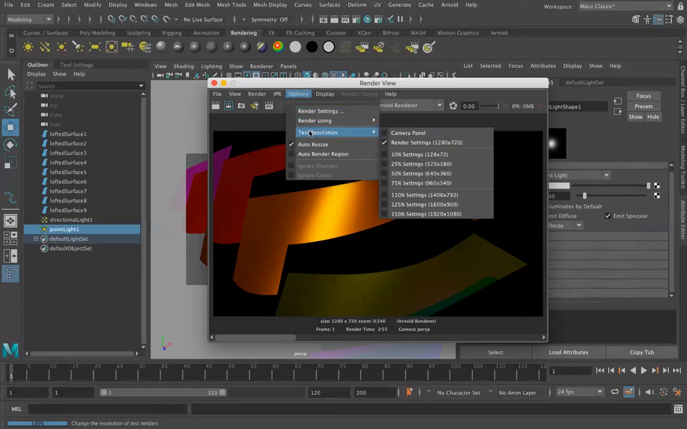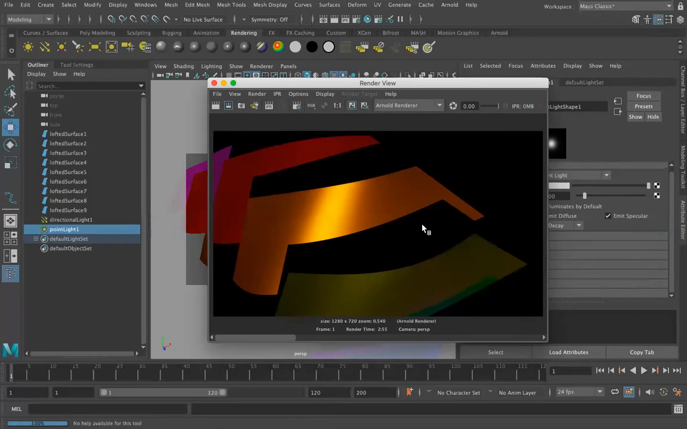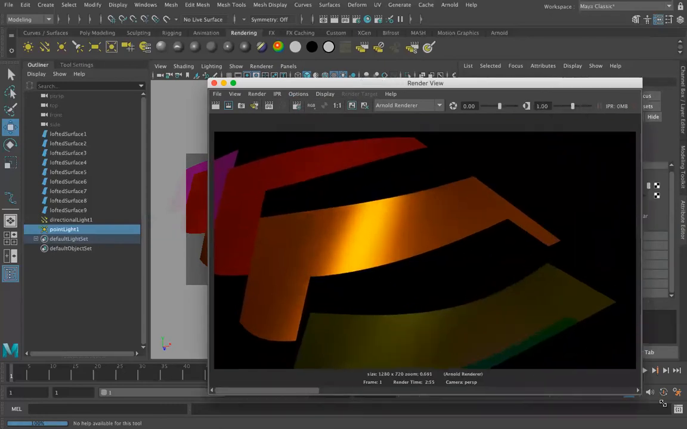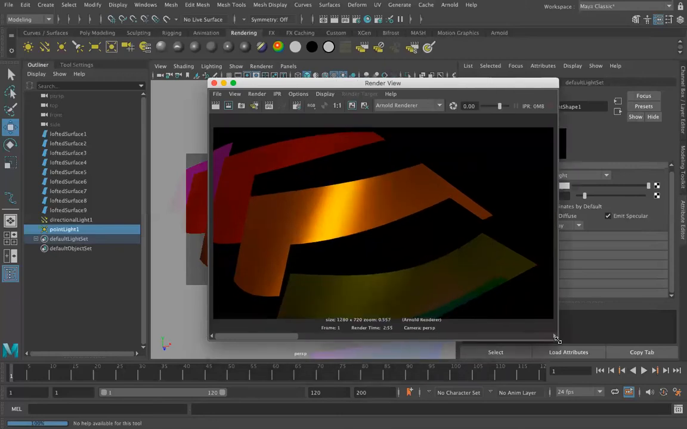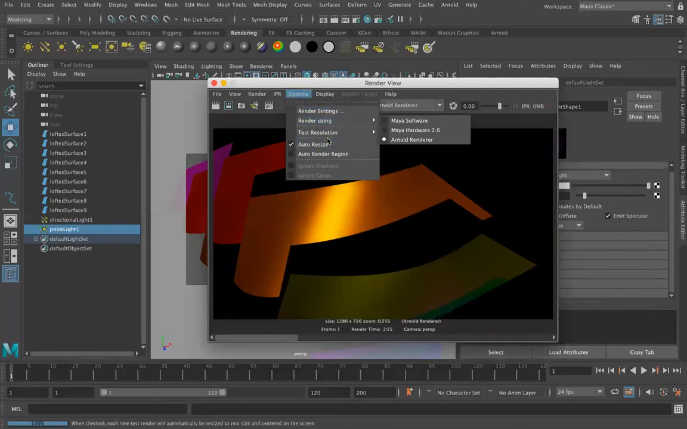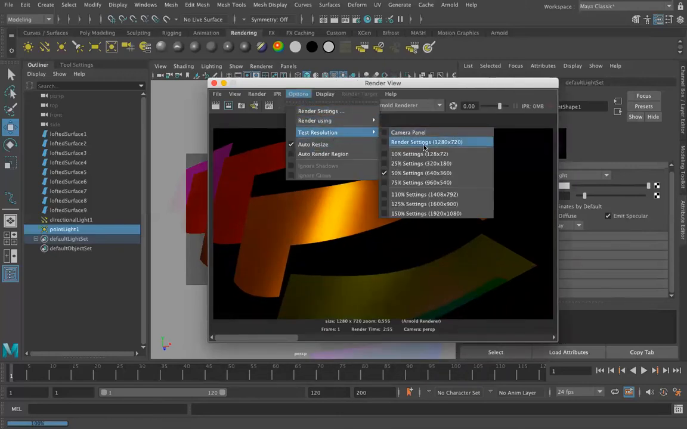I can do a test resolution, and this will not render at the full settings. It will render maybe half the settings. So that's something I can turn on so that this will render faster, because I don't necessarily need to be previewing it at the full resolution. You just want to remember to turn that resolution maybe back to render settings before you go ahead and save